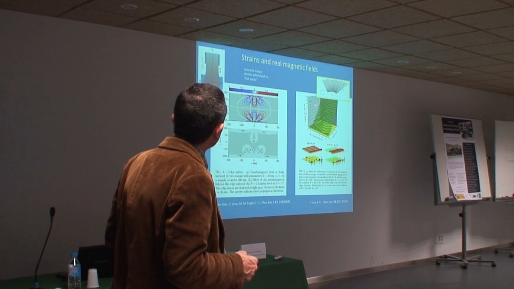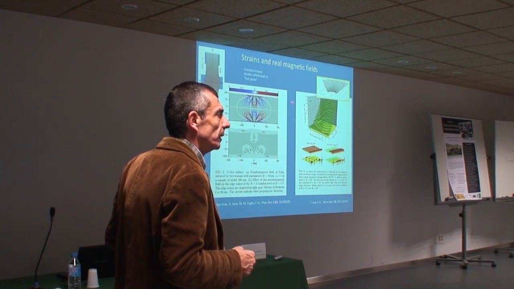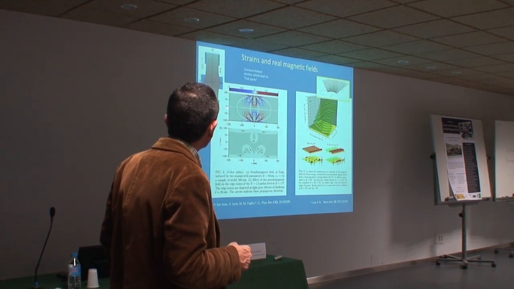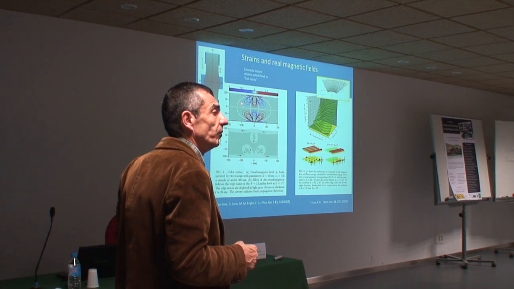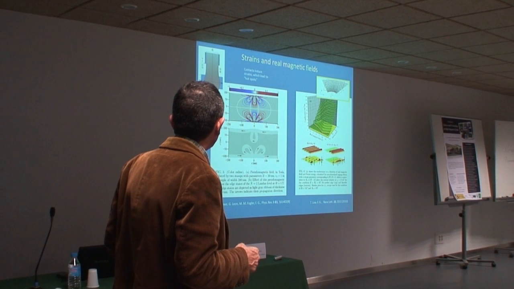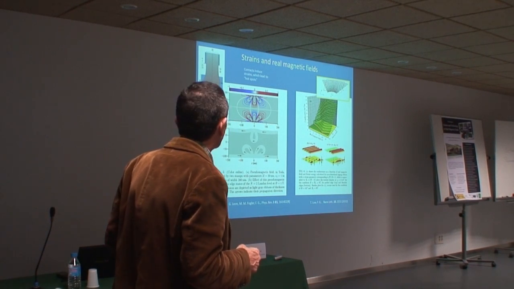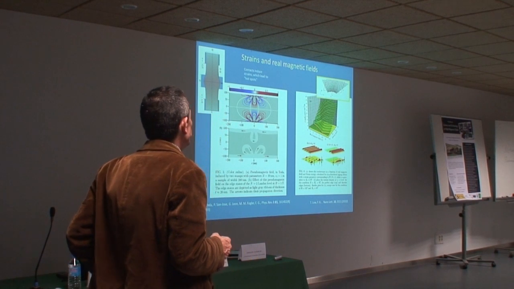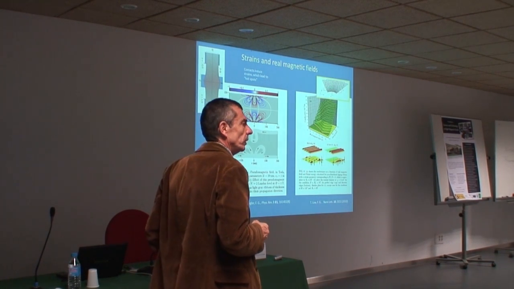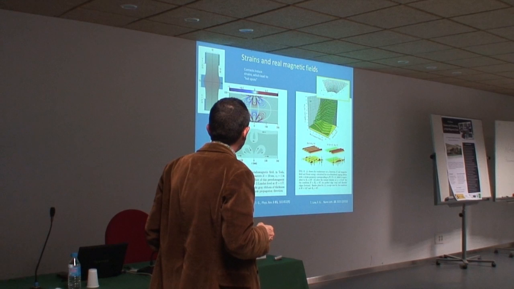But on the other hand, you can play with the real and the fictitious magnetic field, and now you can create different things, because the fictitious magnetic field has both signs depending on which valley of graphene you're looking at. Strain creates a positive or a negative magnetic field, so by applying a real magnetic field, you can cancel the total field acting in one valley and enhance the field